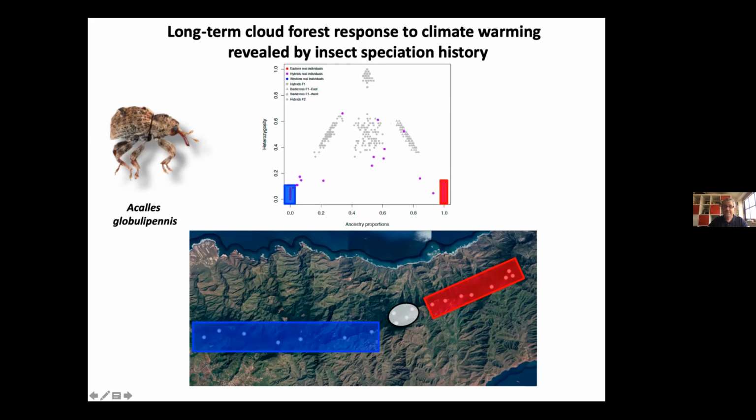And we can see several of our individuals are consistent with F1 and F2 backcrosses, telling us that this is ongoing hybridization. These admixed individuals aren't some relic admixed population. We have an active zone of secondary contact and admixture between individuals. So this is really cool in a lot of ways, because